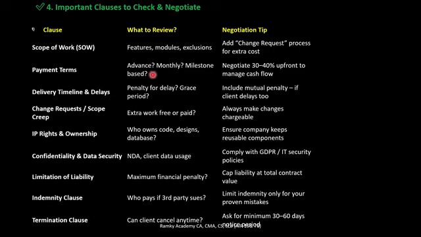And advance billing, sometimes it goes in order to bill the customer in advance before starting the work, in order to get the payment for certain kinds of critical work. It should be agreed by both the parties in the contract. And the negotiation goes up to 30% to 40% upfront to manage the cash flows. Every company is more focused on cash and cash reserves.